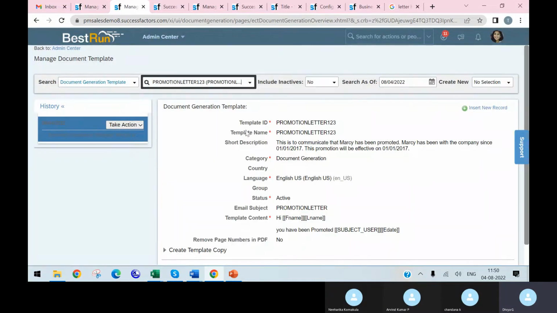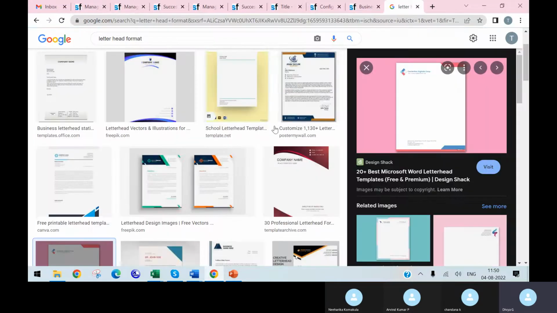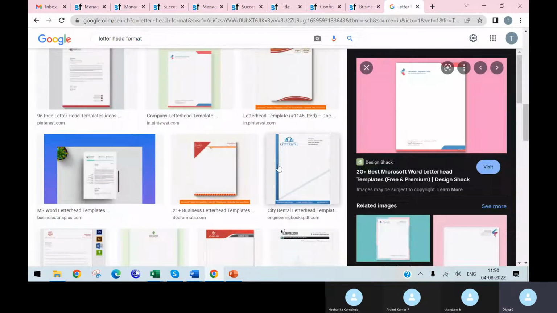So I am going to make a correction. So here if I want to add some letterhead to this, I'll download this, and if I add this letterhead,